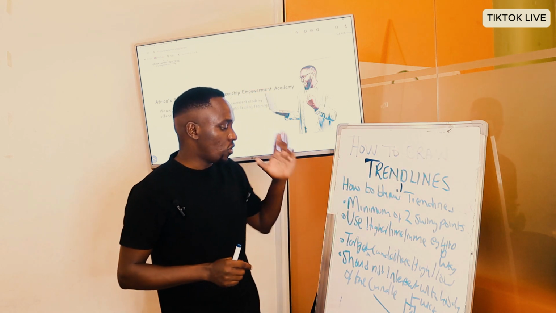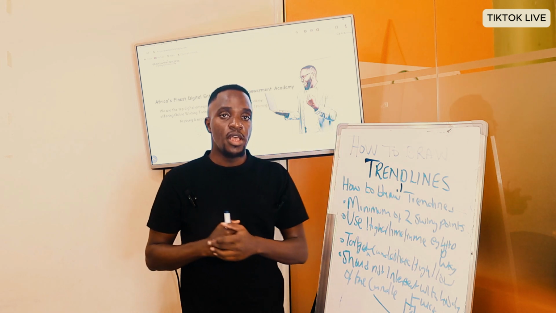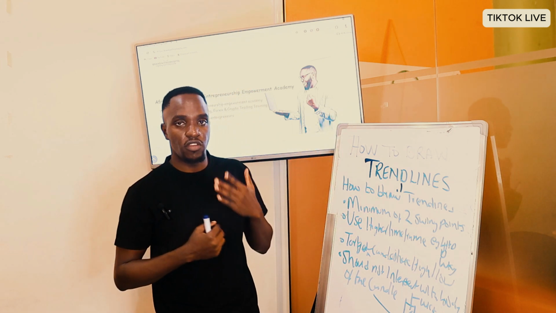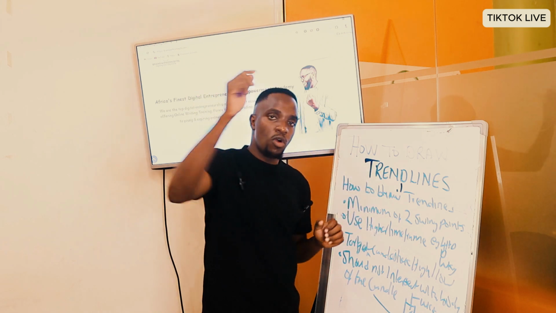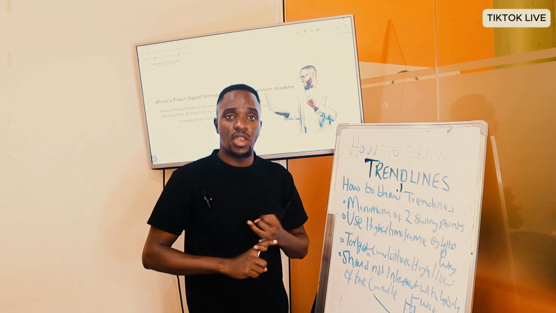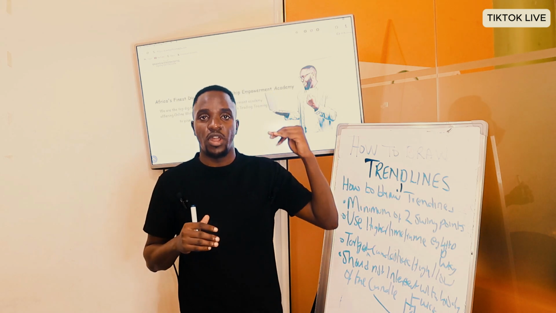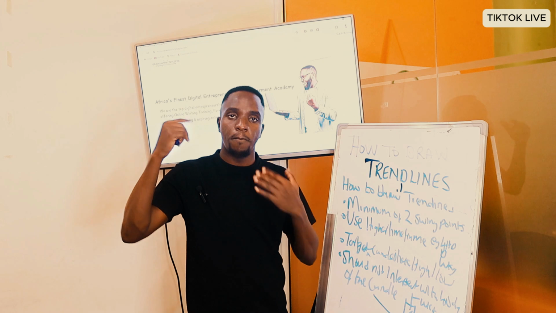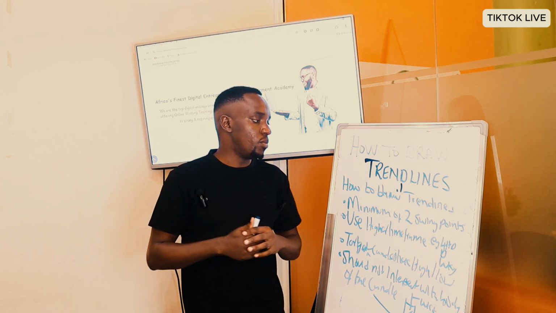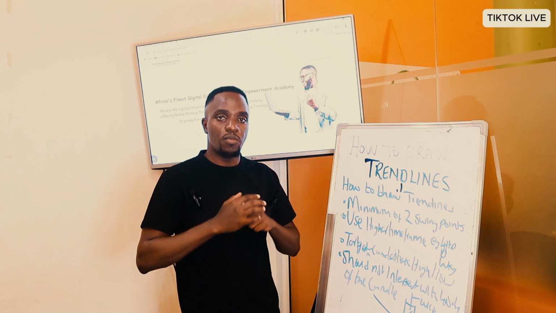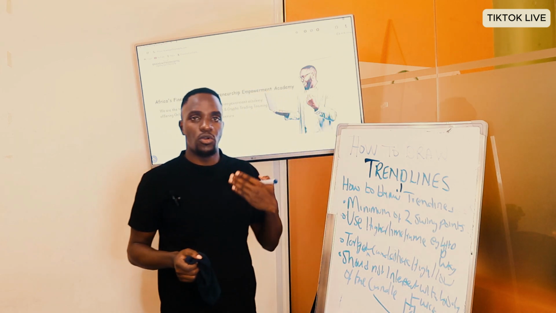Now, the second thing is that when I see that the market is clearly bullish or clearly bearish, the next thing for me as a forex trader is that I look for areas and points where I can connect two or more points. Whether I'm using the 1 hour, the 4 hour, or the daily, as long as it's a higher time frame, I will connect two or more points. The moment I connect those points, the next thing will be to wait for the market to come to that particular area. Now, since we already talked about a trend line on how